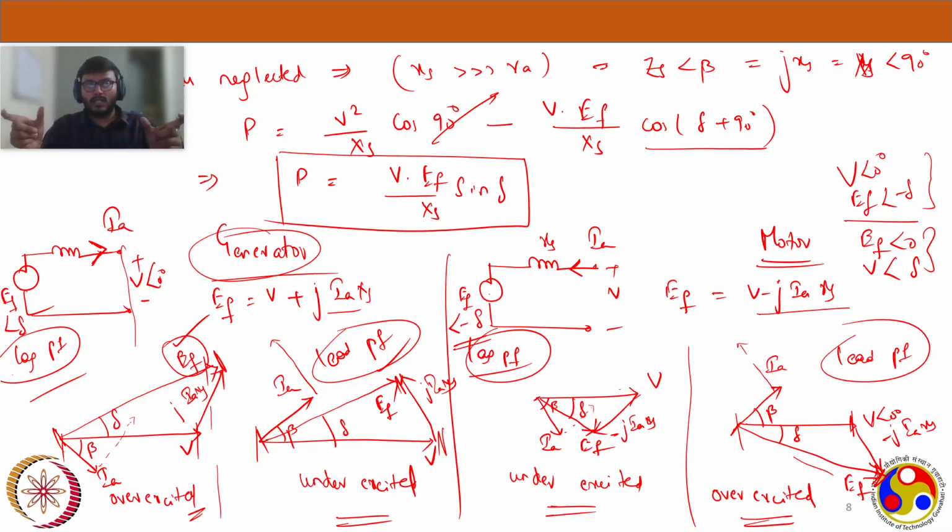Once you get the voltage equation, you take the lagging load and the leading load. Based on that, IA position would change. The important point you have to observe is, what is my motor condition here? Is it under excited or over excited? And what is the position of EF? Is it below my V or is it above my V? Just by looking at the phasor diagram, even without the equivalent circuit on top,